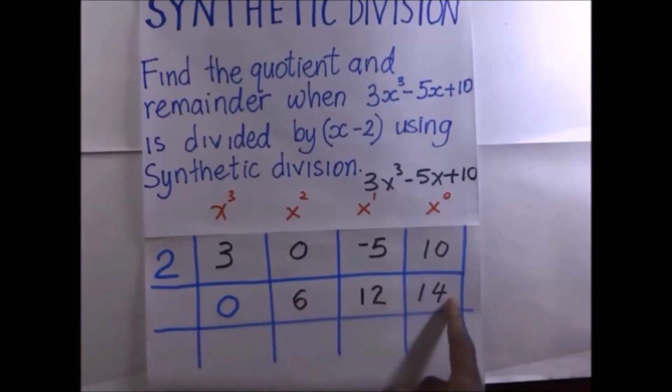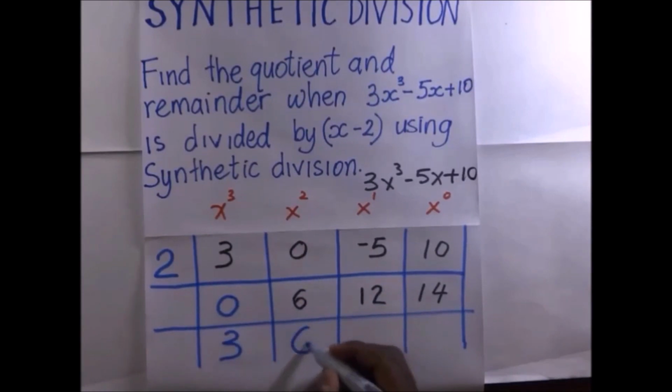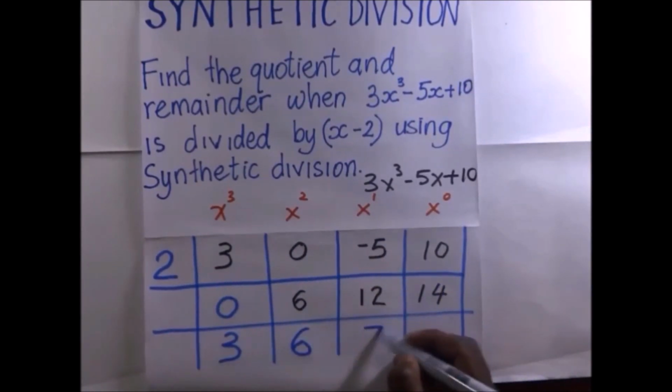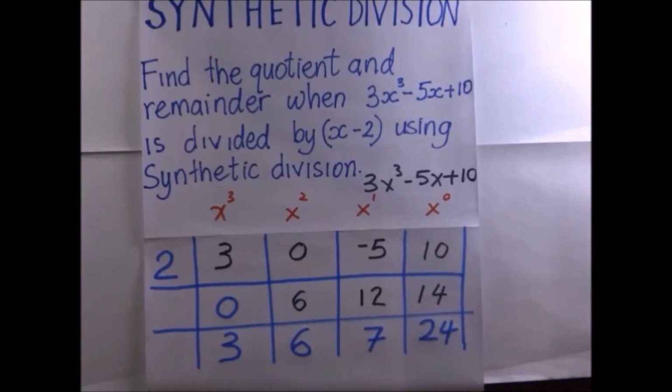So after filling in all these, then we simply add them to get new terms here. So when we add 3 plus 0, we get 3. 0 plus 6 is 6. Negative 5 plus 12, we get 7. And then 10 plus 14, we get 24. So now,